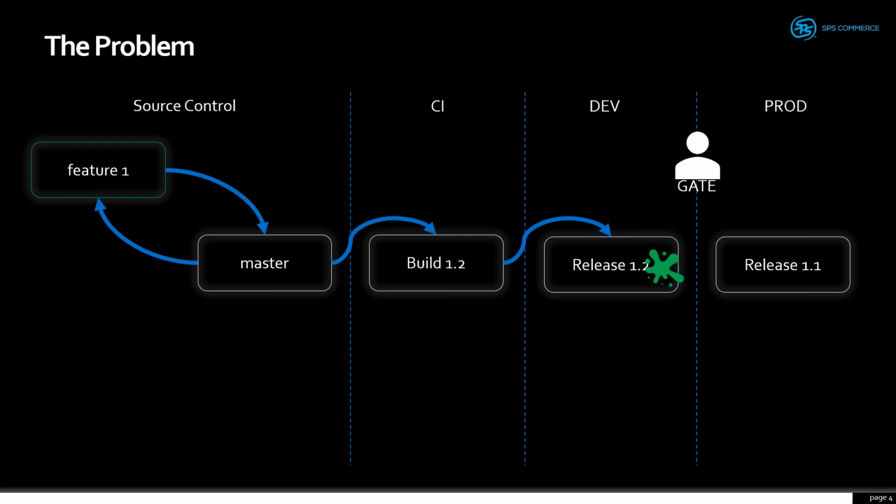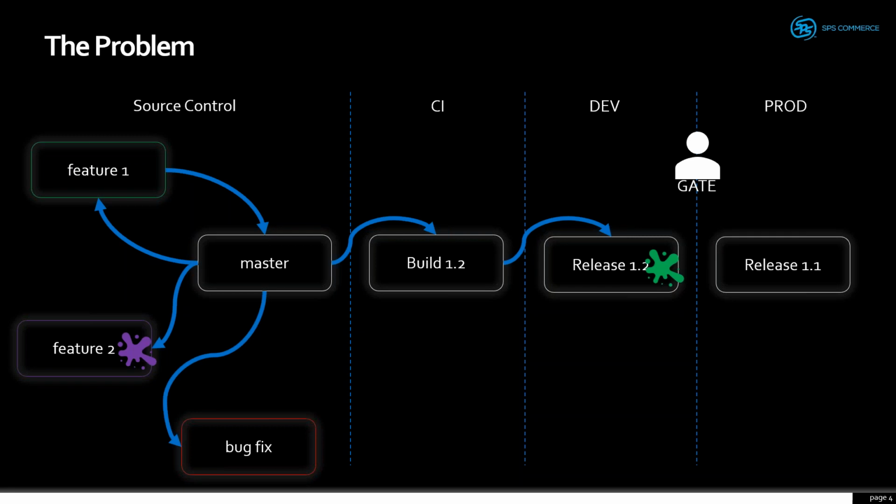So as a result, your work continues to sit in the dev environment. So you go back and you start working on your next feature. That's feature 2. It may be related, may not be related, maybe just the next thing on the backlog. But as that's happening, of course, a critical bug fix comes in that has to be made to production. And so you make that bug fix in your additional bug fix branch. We're going to merge that back into master, and we're going to automatically build that. It'll become version 1.3, push that out to our dev environment automatically, and that'll be version 1.3 going into